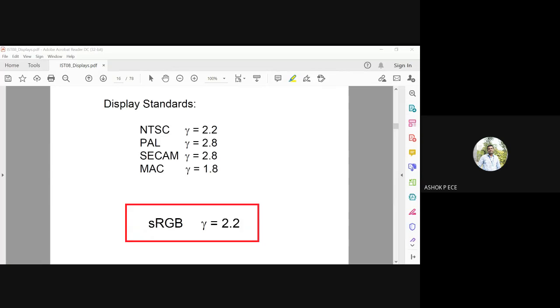Next one, PAL, is phase alternate line. So it is also one of the very important standards. It was used mostly in Europe. Phase alternate line, PAL. Then SECAM, I think it is French, sequential color and memory. So it is used in France and many Eastern countries.